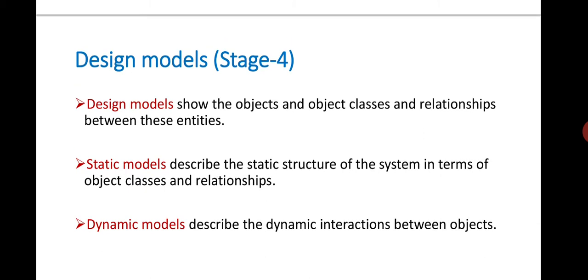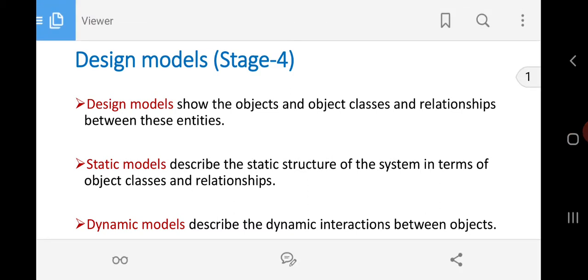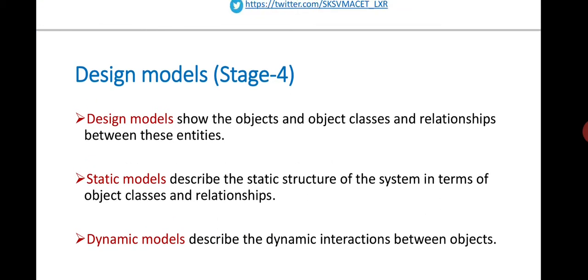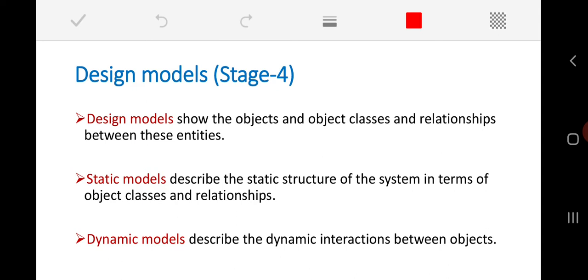Now just have a look at what exactly a design model is. Design models are nothing but the different system models; try to recall them. There are a variety of system models that we might have already come across as part of the Unified Modeling Language. These are all a kind of graphical representation of a system or a part of a system. As our approach is object oriented design, our design models are going to show the objects and object classes, and the relationships between these entities. This is the overall constitution of the design models.